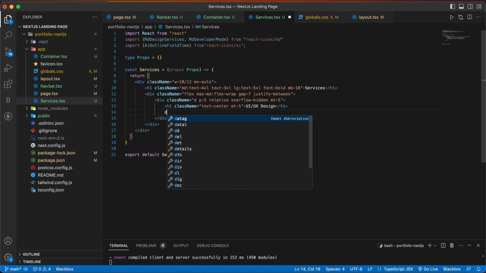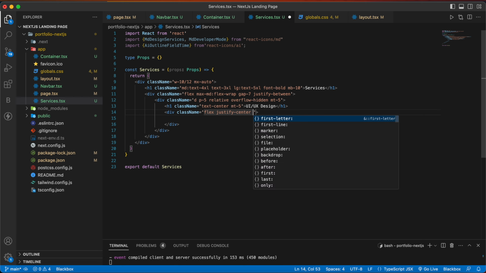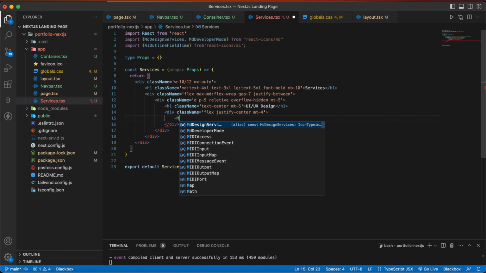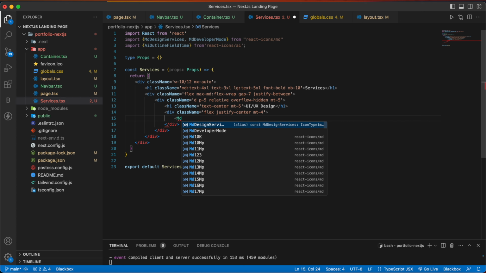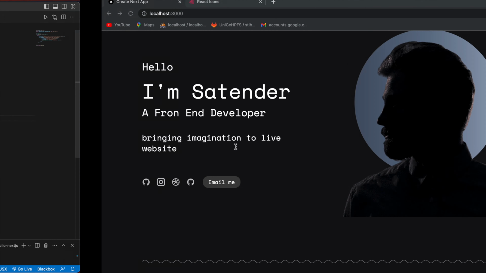Below this we are going to have one more div with the class name flex justify center, mt4, and then we are going to have our icon, so write MdDesignServices, then a class name text pink 500 and size will be 28, and close this. Let's save it and go back here.